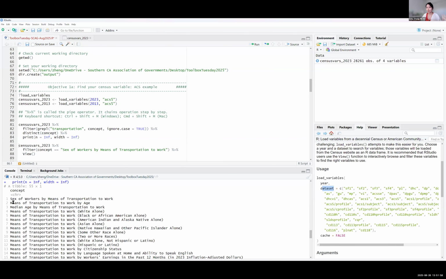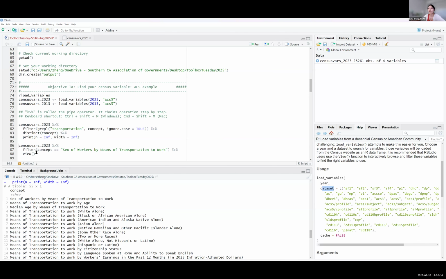But for today's demonstration, we want to keep it simple, so we're just going to do sex of workers by means of transportation to work, which is the simplest one. And this does not give you the variable name. There are ways to do it in code, but I think that's slightly more complicated.